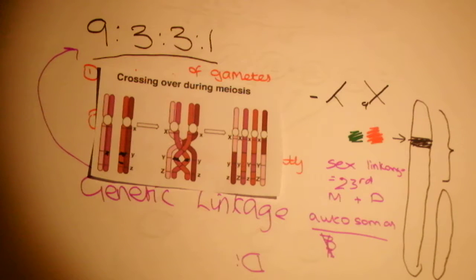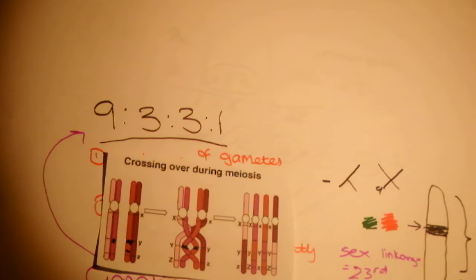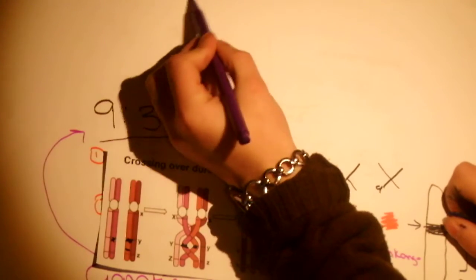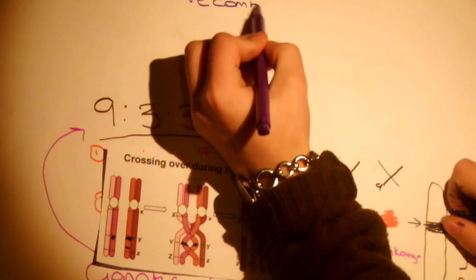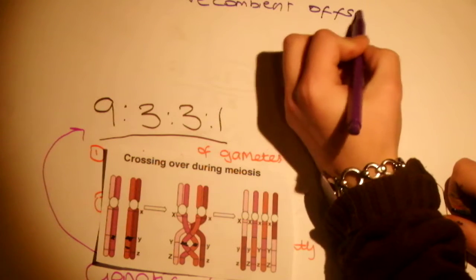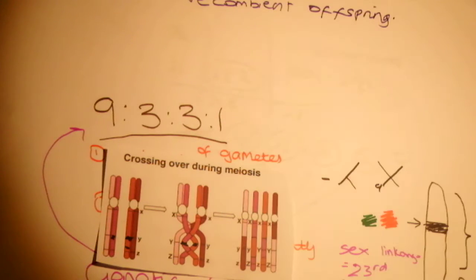So, what is a recombinant offspring? This is a different allele combination to both parents. So when you have,